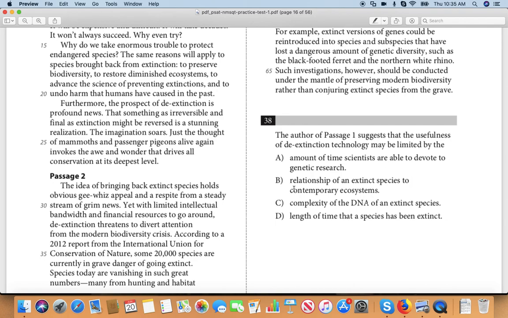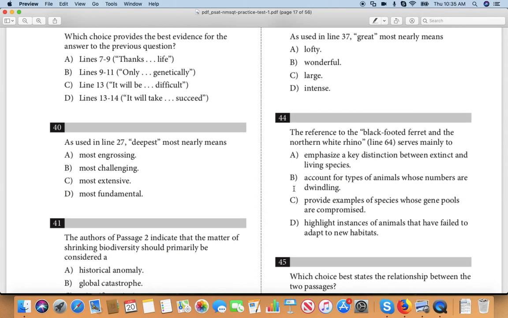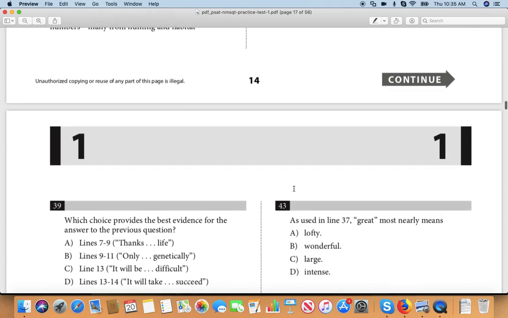No, the most challenging level? I mean, like, no. I mean, the only time, like, I would hear a level being described as challenging is, like, in a video game or something like that. We're not talking about that here. Nah. B's gone. Go and read C. Most extensive already.